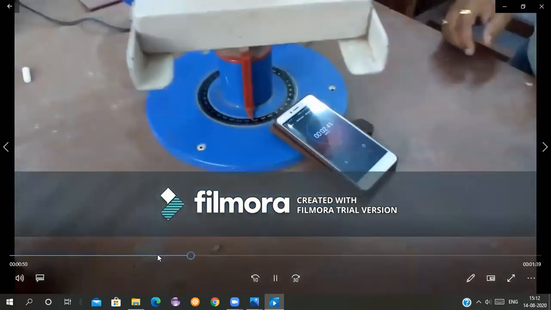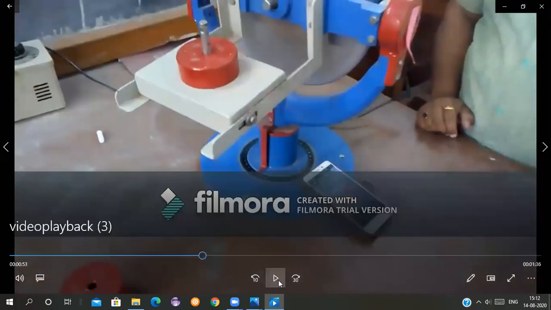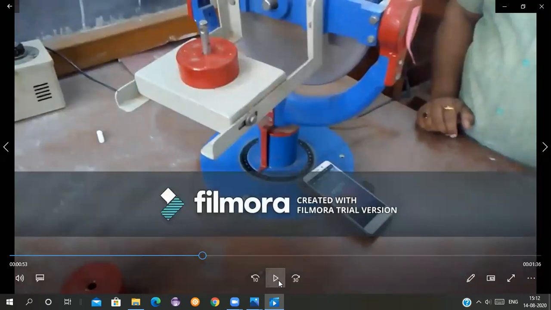Okay, so the direction of rotation, when you see it from the top, whether it should be clockwise or anti-clockwise, is also dependent on the rotation of the rotor, whether the rotor is rotating clockwise or anti-clockwise. So your direction is dependent on that also. All of those things have been taught to you.